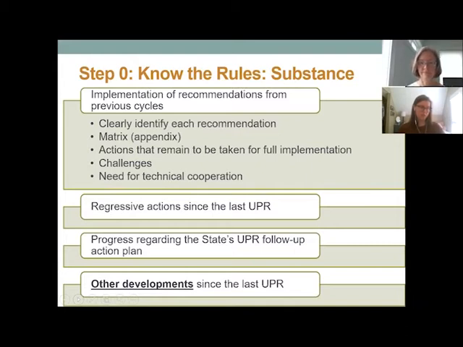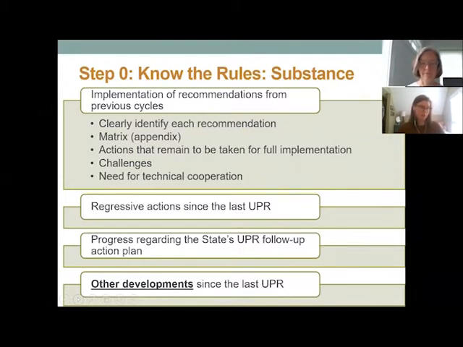Once you've identified the relevant recommendations, you can evaluate the status of implementation by saying whether it has been fully implemented, partially implemented, in the process of implementation, or not implemented yet. You also have the option of including a matrix or a list of recommendations organized by theme as an annex, which will not be included in the word count. The advocates generally include recommendations in the endnotes, which is another option and also won't be counted in the word count.